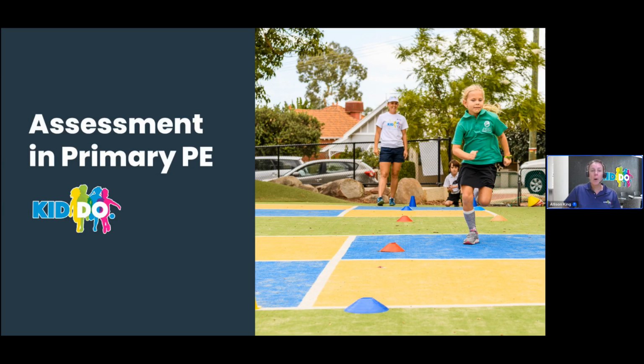So, assessment in primary PE. Assessment is the ongoing process of gathering, analysing and reflecting on evidence to make informed judgments about the achievement or capabilities of individuals and cohorts. The primary role of the assessment that you conduct is to establish where students are currently in their learning, so then you can adjust your teaching according to what they need and what they need to improve on. It also obviously monitors their progress over time and provides information that assists teachers to target their teaching at the point of student need.